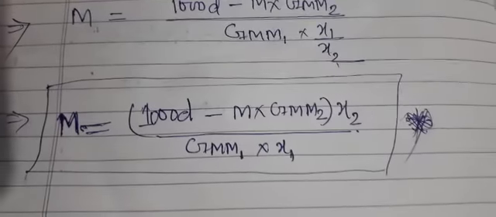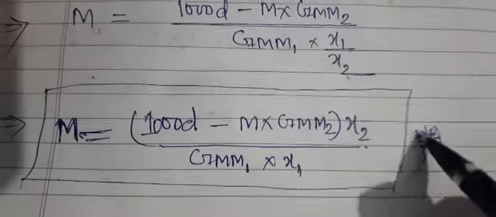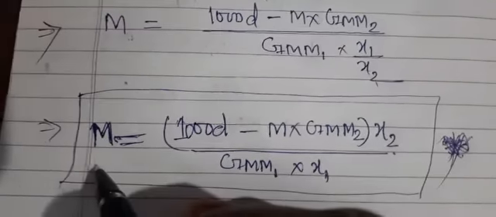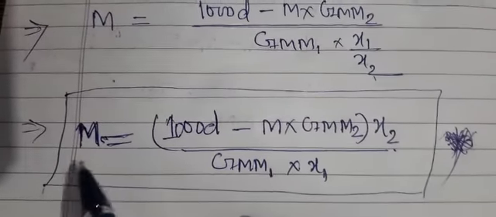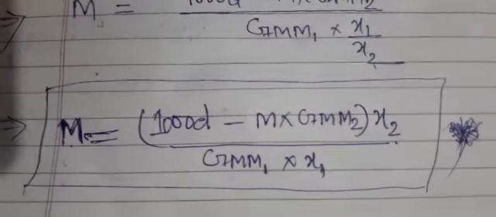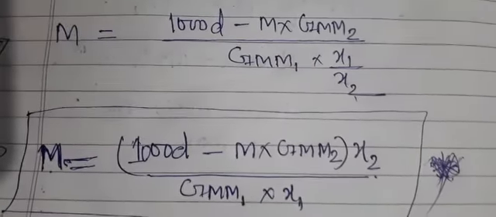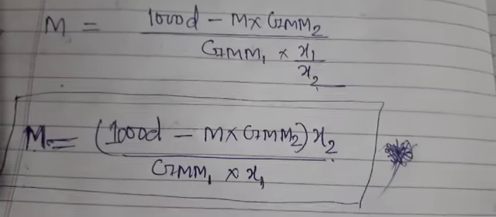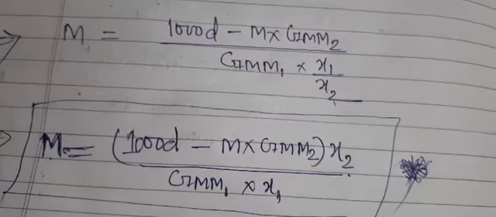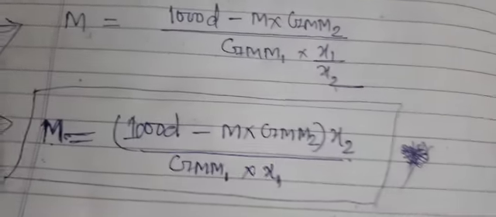Now this can be used to calculate the molarity. This is the relationship between molarity and the mole fraction, but a little bit easier relationship I will give you for better understanding. That could be used to find out the molarity of the solution. So generally people don't use this relationship. Now I'll tell you the relationship which is used generally.